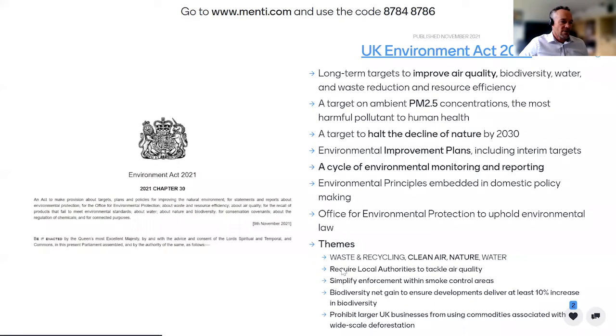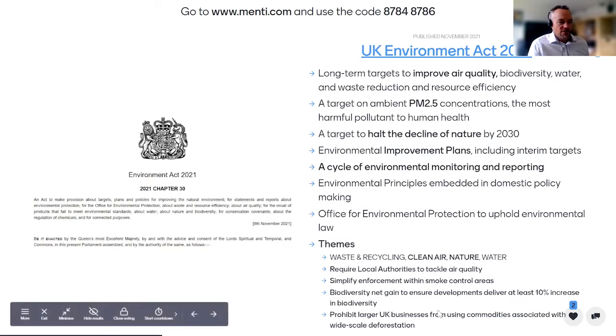summary of these, highlighting the call to action really for a number of different areas into which this flow of data on air pollutants and greenhouse gases can go. So local authorities, being required more and more to take responsibility on air quality. Smoke controls, key area of interest. And then we've got the biodiversity